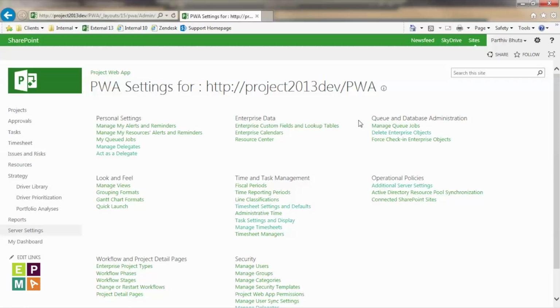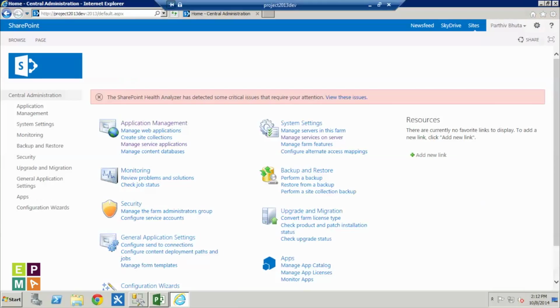But for some places that I work, even if you are an application administrator, like a project server administrator, does not necessarily mean that you have access to the SharePoint, which is actually good because I just know enough of SharePoint to actually break it rather than fix a few things over there. But nevertheless, it's been moved to the central admin, so you don't have that option in PWA anymore. So let me go to my central admin. So this is one of my servers that I've been working with, and I'm actually already logged into the server where I have access to my central admin.